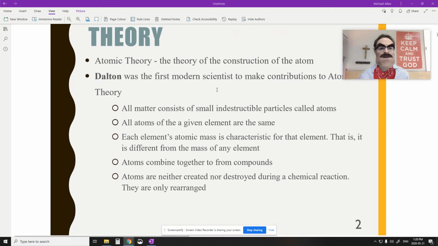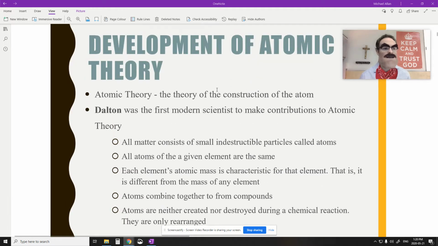So we're going to talk about the first guy, Dalton. Dalton was the first modern scientist to make a contribution to atomic theory. Before this, there were the Greeks, and they thought things were made up of the elements: earth, wind, fire, water, if you want to think Captain Planet. But Dalton was the first of the modern scientists, and he needed to change the model of the atom